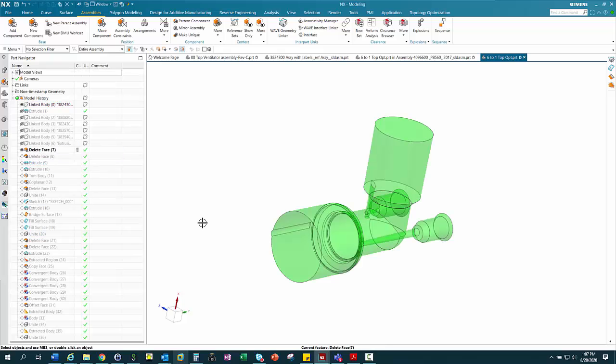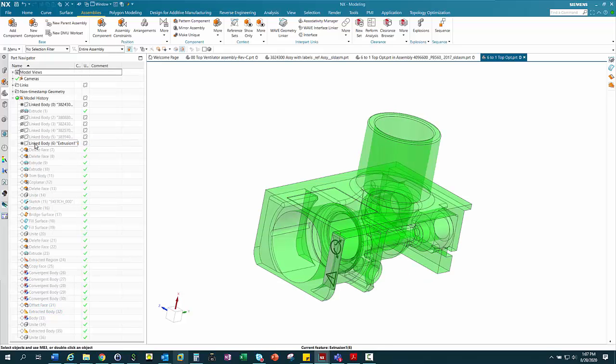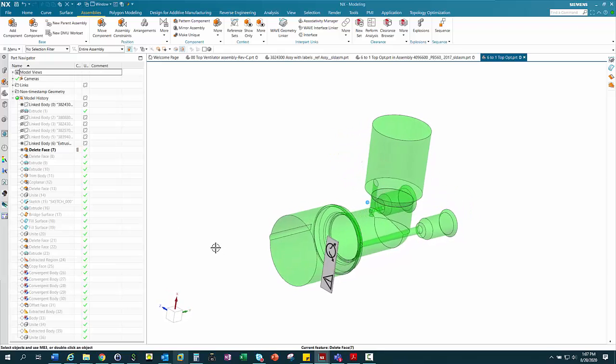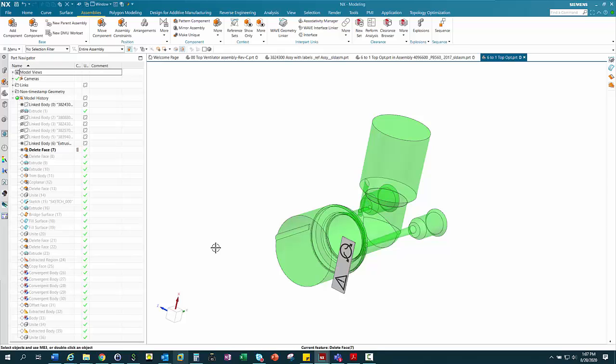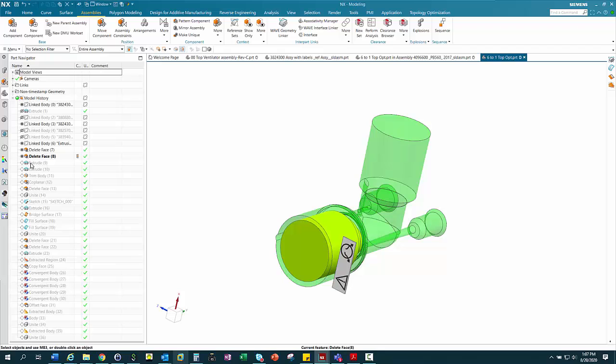And with this, I was able to take this part and just using delete face, I was able to delete everything except for the inside chamber, because that's what I wanted. So I deleted everything but the inside airflow. And then we were able to do the same with the other part so that we could combine the 2 parts together,